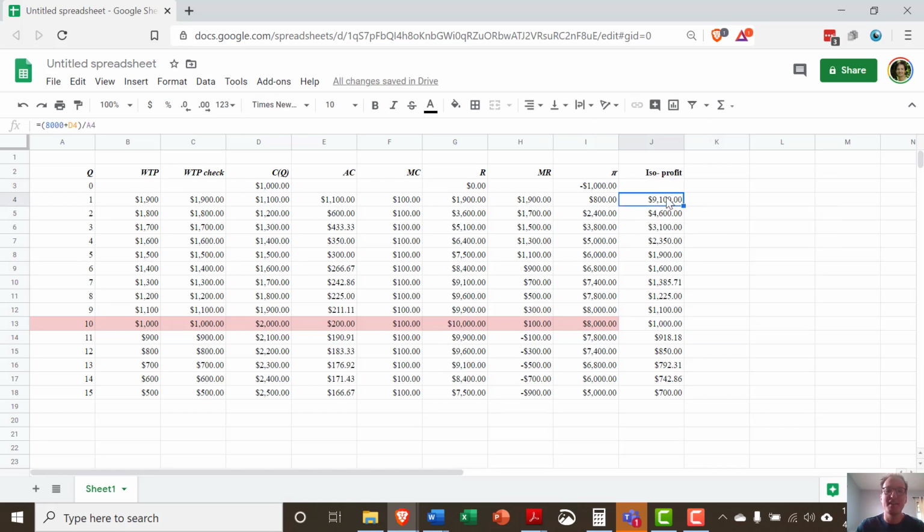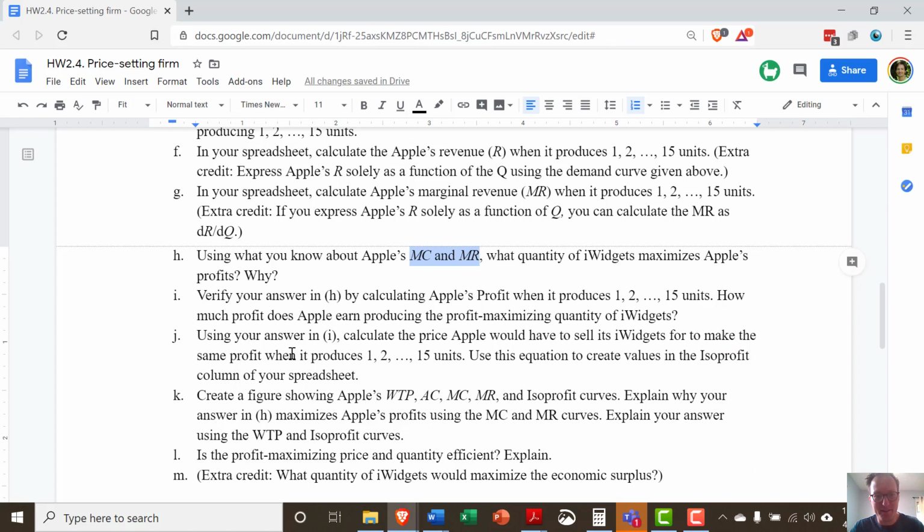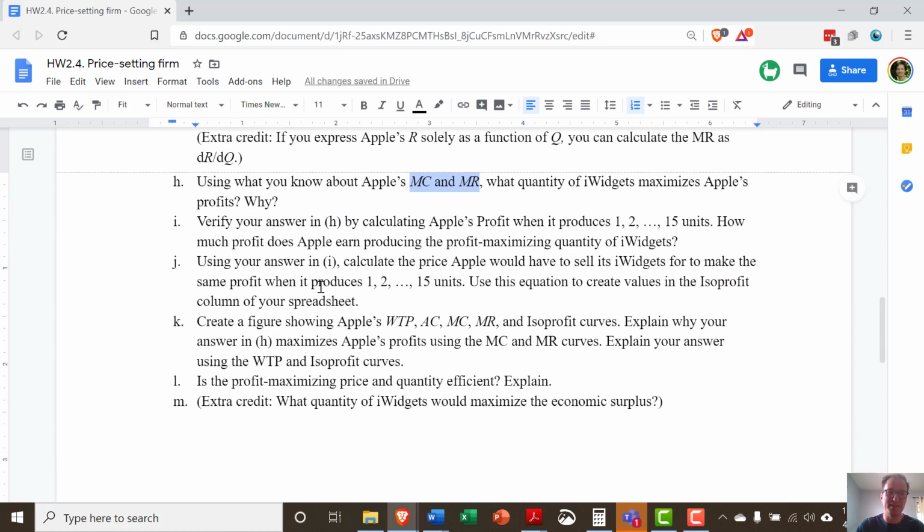But what this is telling us is that if we sold 1 widget for $9,100, that would produce exactly $8,000 in profit, or 2 widgets for $4,600 would produce exactly $8,000 in profit, and so on. Note that all these prices here are greater than what the consumer would be willing to pay, so they're not actually achievable until we get to this point right here, where you could sell 10 iWidgets to people for $1,000 and you're on the demand curve. If that part of the assignment is tricky, I would worry less about it. I just want your figure to look similar to what the figures look like in the book.